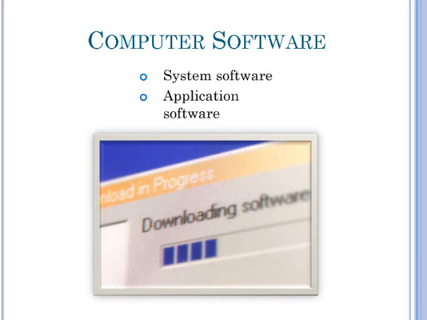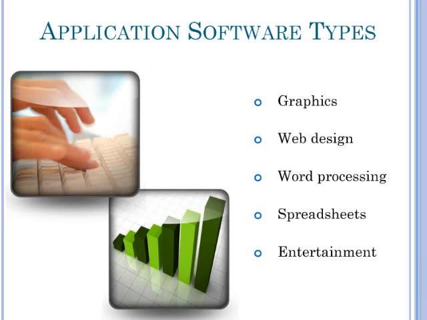The second type of software is much more common: Microsoft Word, Excel, TurboTax, Quicken, Explorer, and any kind of game you run on your computer. If you install something after your computer arrives, it is likely application software. The type of application software you use depends on you. There are graphics programs, web design tools, programs for word processing, database management, spreadsheets, and even entertainment software applications such